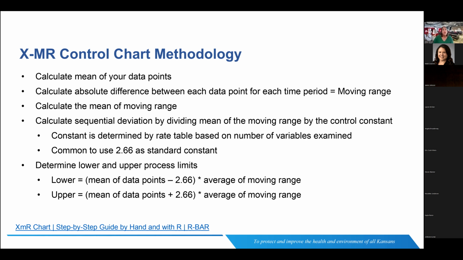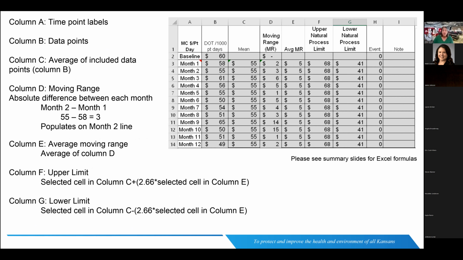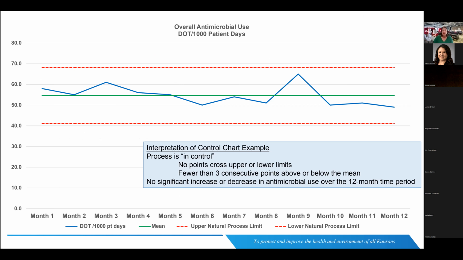So this can be easily calculated in Excel. This is a picture of the template that I routinely utilize. You can also Google IMR, XMR control charts, and that'll come up with some templates for you. But honestly, I'm happy to share this link with anyone interested. Just shoot me an email outside of the session, and I'll send you our example, and we can walk through it. But ultimately, after you do all of those calculations and program those formulas into Excel, what you end up with is a graph like this.